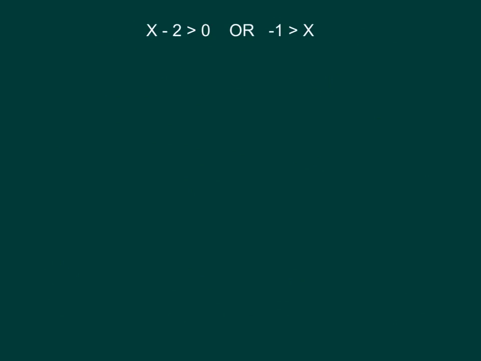Here we have another example of a compound two-step inequality. On the left-hand side, we don't have x by itself. To get x by itself, we're going to need to add 2 to each side. This will result in x is greater than 2. We'll keep that "or,"